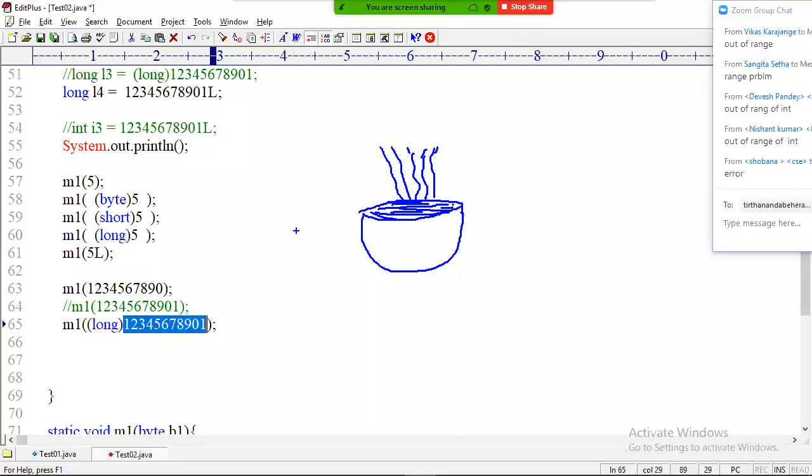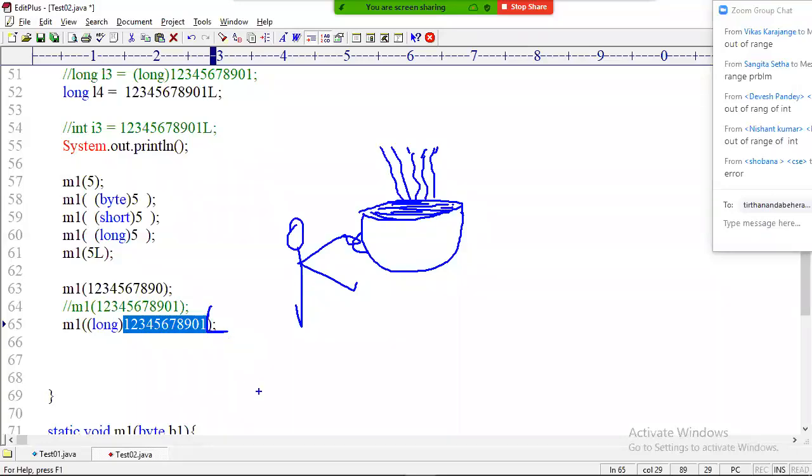Now you come here with your two hands, two fingers, and you touch it. Then what happened? Red color will come to your fingers. Why? Because this is not in the range of your hand. Okay, then what to do? If it has a handle, then you will hold this handle. Then your fingers are safe. That handle is nothing but L.